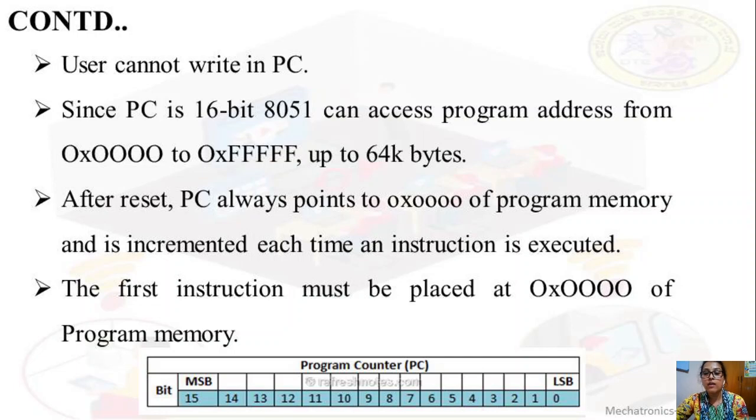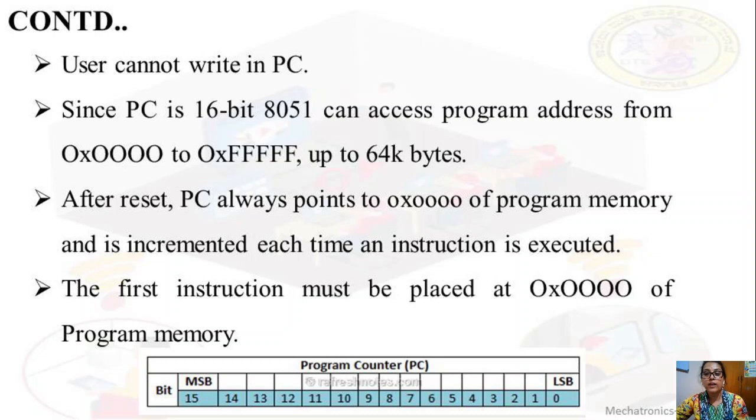What is register B? Register B is used along with the accumulator in multiply and divide operations. It is also called an auxiliary register because it is used to store temporary data. In multiplication, the multiplier or multiplicand is stored in register B, and the higher byte of the result is also stored in B. In division, register B holds the divisor and also the remainder. It can also be used as a general purpose register for normal operations.